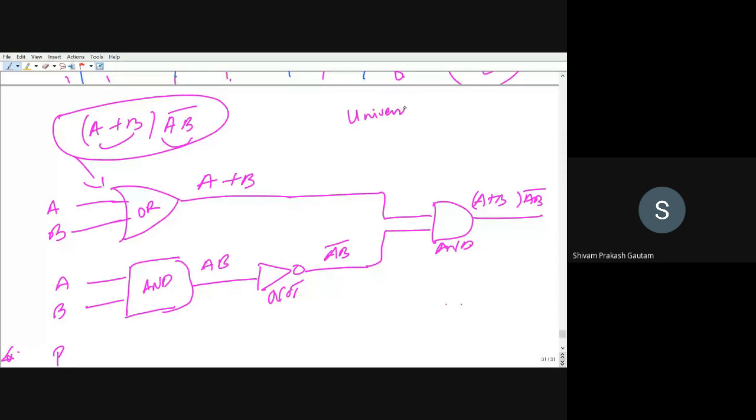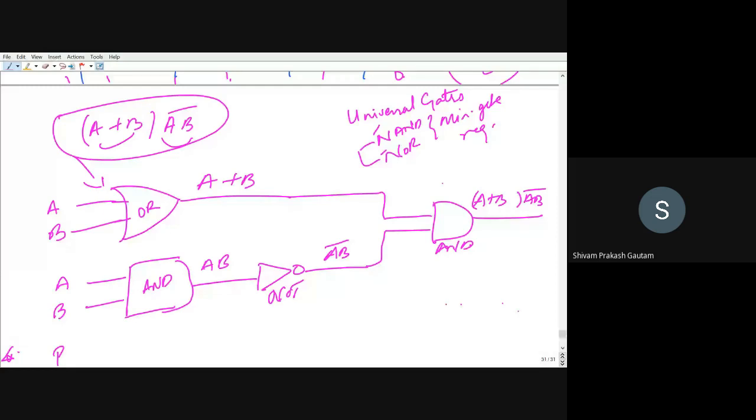And what are universal gates? That is NAND and NOR. In these two as well, I'm telling you what we will be studying ahead. In these two also, you have to choose either NAND or NOR in such a way that the minimum gate requirement is there. Minimum gate requirement should be there, right? So this type of logic we have to develop. Right now, I'm just developing your concept of how you can reduce any expression to a gate form.